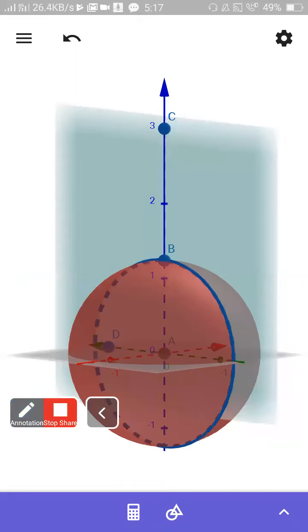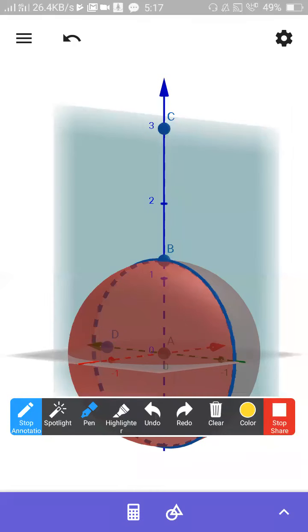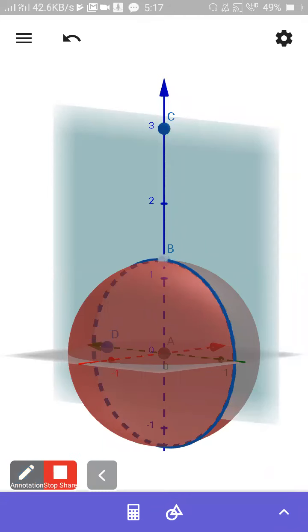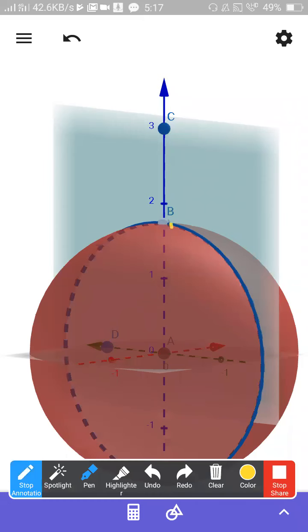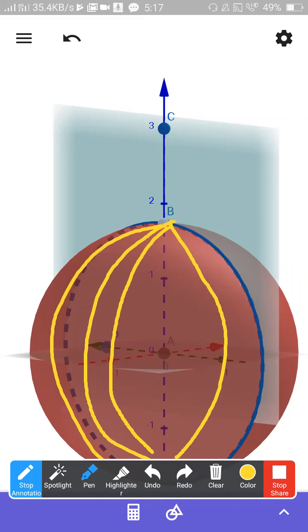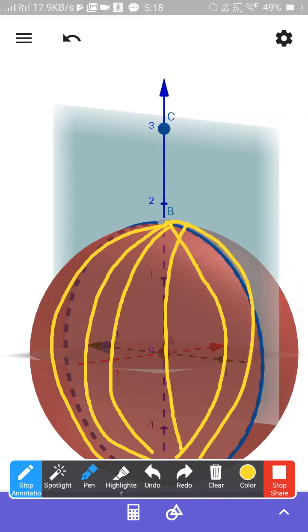You can have control over that line. You can choose a line like this, like this, or like this. But what will vary, sir? Pi will vary. You can choose any circular line, but which line you are choosing will be decided by pi. You can take any semicircular line on the sphere by varying pi.